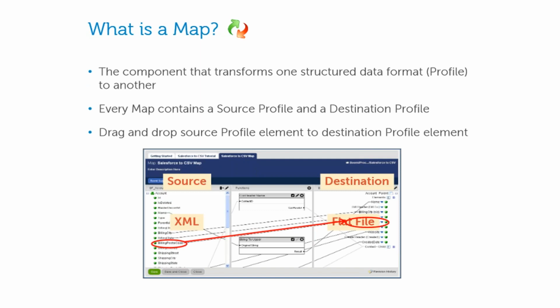Another important component here is a map. A map transforms one structured data to another structured data. For example, if you wanted to convert your CSV file to an XML file, in the source you just give the CSV file and in the destination you give the XML file and map the fields. That's it. Your CSV file will get converted to an XML file. You just drag and drop them,